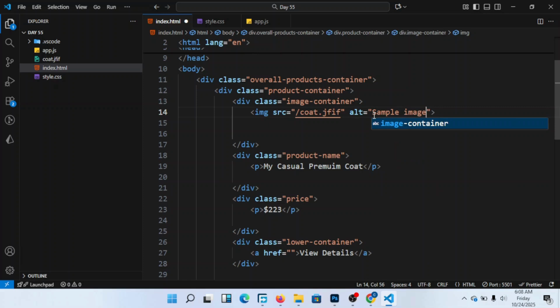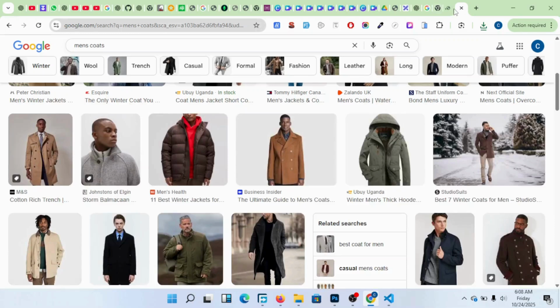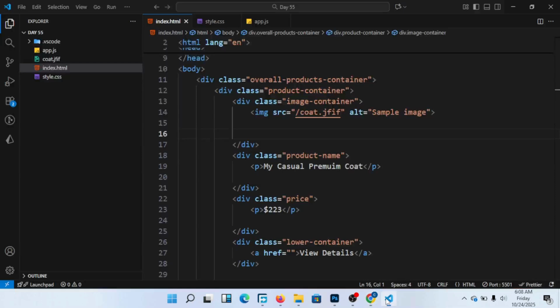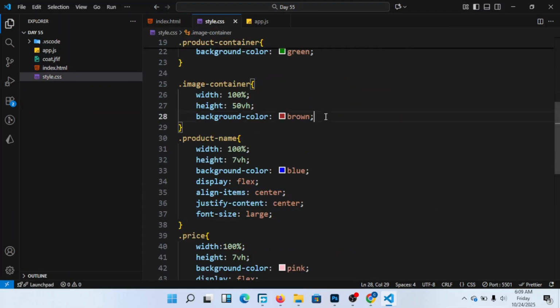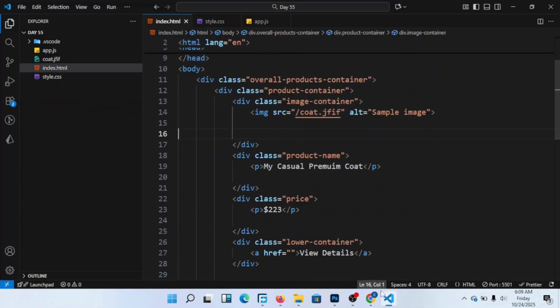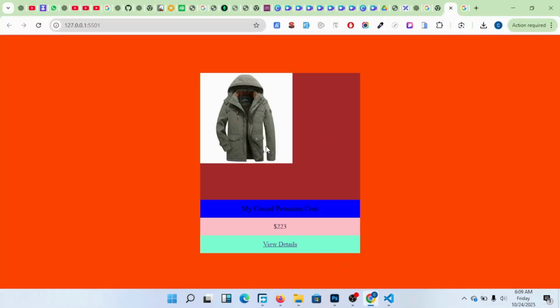Sample image. So it looks like this, okay? So I want to come here and say, inside this container, now I want to get this image here and I tell how the image is going to appear, okay? I want it to be like this. So I want it to